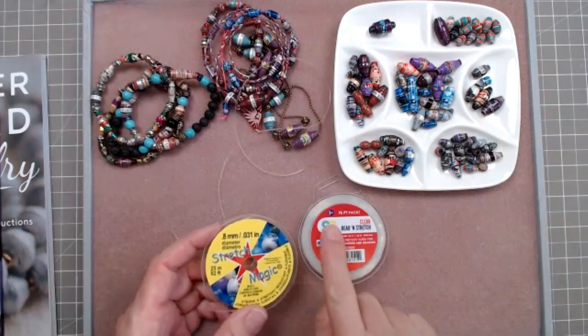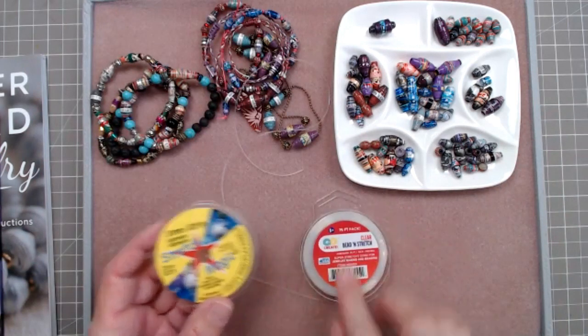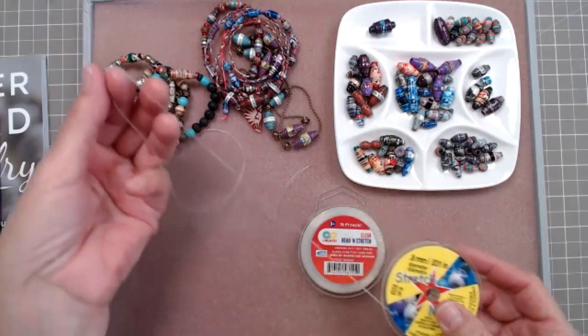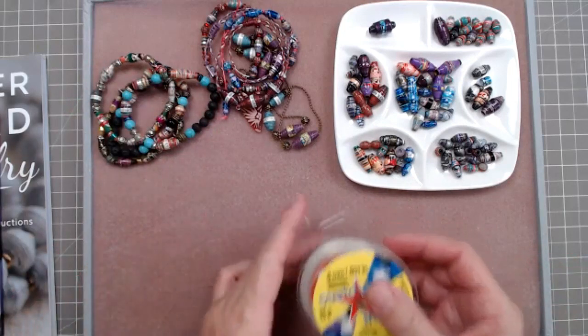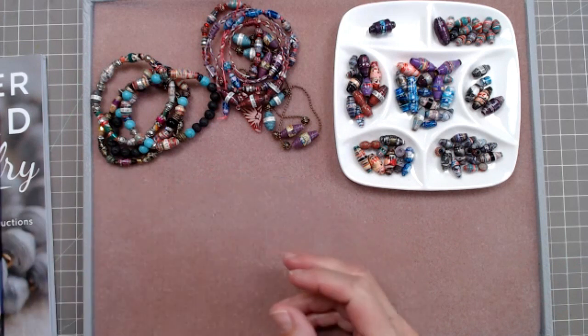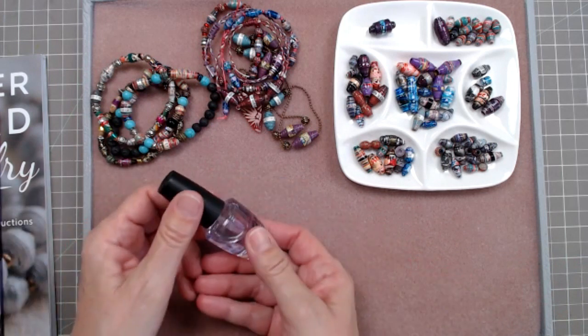I go between this one, which is a 0.7 millimeter diameter, a little thinner, and this one, which is a little bit thicker, at 0.8. Anything thicker is just too thick for these. But I'll tell you about how we do that. You can also get it in black too, which is kind of nice. Then you also need a tiny bit of clear fingernail polish,